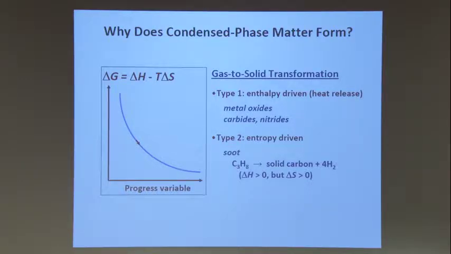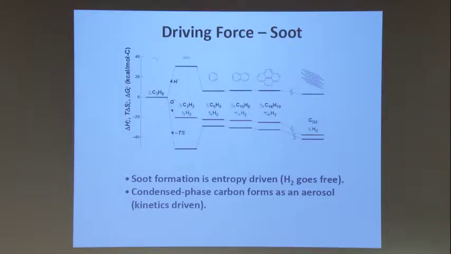And the explanation is because when you form the soot by expelling hydrogen, the hydrogen has a lot of entropy moving around as a separate particle. When your temperature is high enough, that entropy can drive the process, even if it might be endothermic, to knock the hydrogens off. So here's a picture of this,